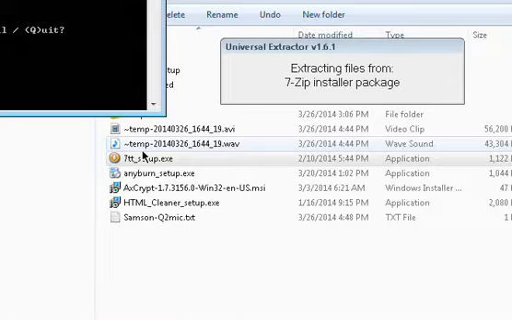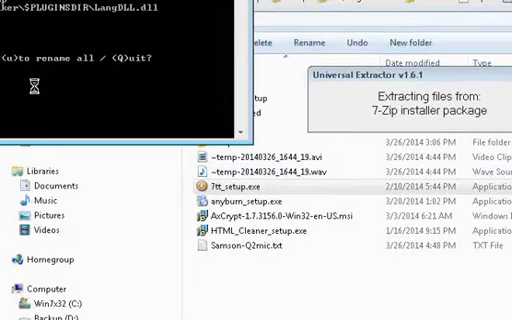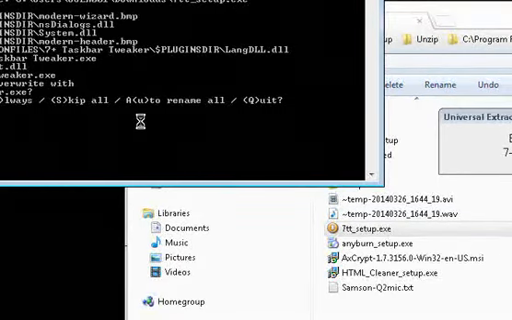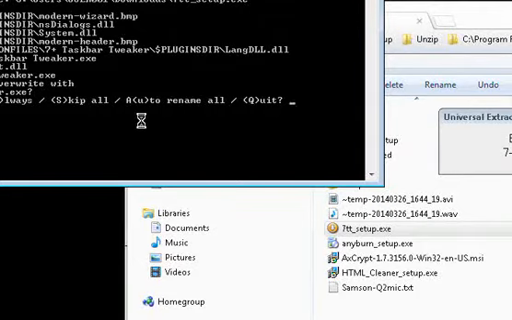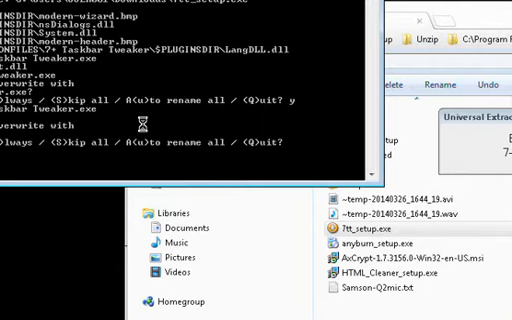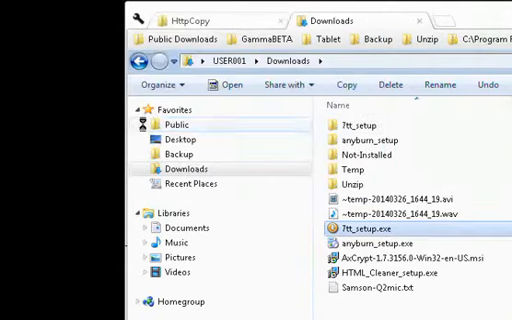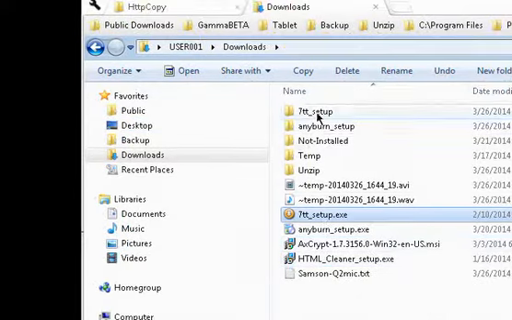Okay, I think this'll work. Already exists. Overwrite. There. Okay, so this did work